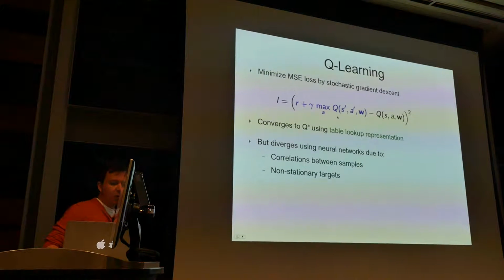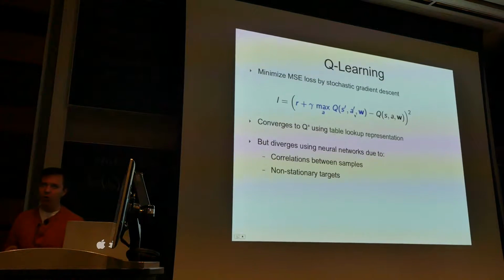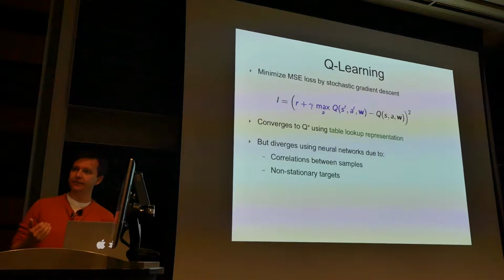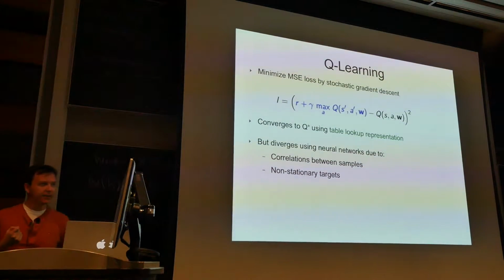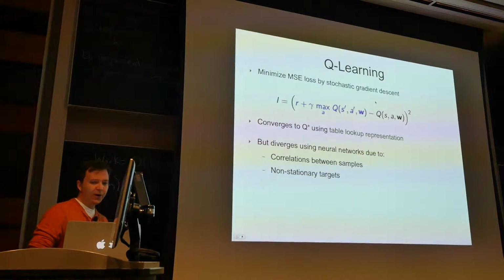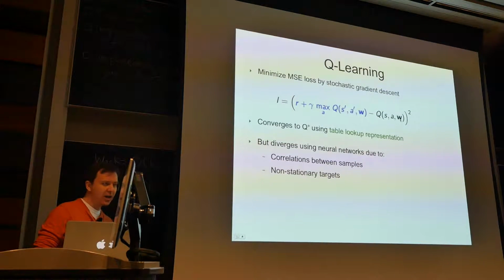Now, the other big problem is non-stationary targets. Remember, we've talked about this, right? If you change your parameters, your target is also changing, right? And that can cause instability in learning. So this is your target, this is the network you're trying to optimize, but if you change your parameters here, your targets will also change. So it's an interesting system where,